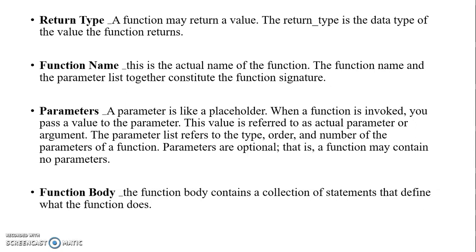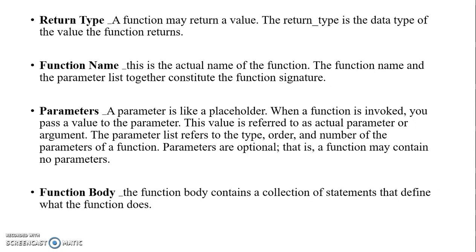The simpler way is that, like I am taking the example of addition. I need to perform the addition operation for two numbers, so I am passing two parameters in this parameter list. The parameter list refers to the type, order and the number of parameters of the function. It either contains parameters or it cannot contain a parameter. We will see the different types of functions, but for now I am just explaining what exactly the parameter list is.